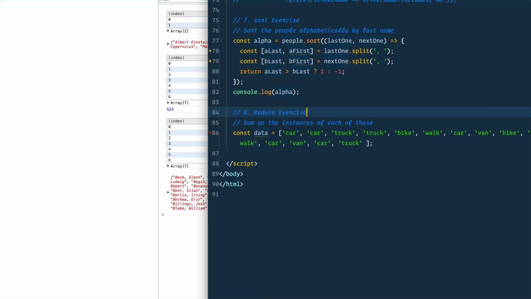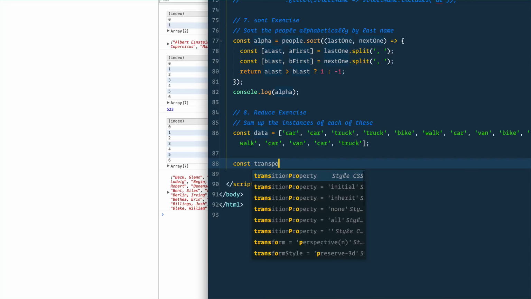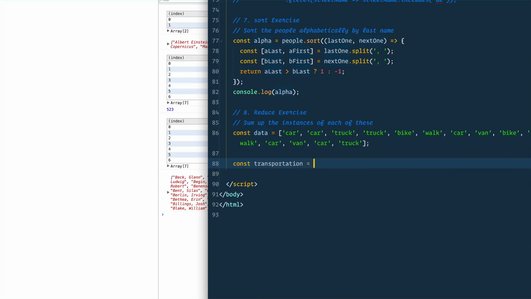Woo, one more. Here we go. This one's going to use reduce, to sum up the instances of these. So we've got car, truck, bike, walk, car. And I want to tally them at the end of the day. Reduce is one of the most flexible methods that we have on an array, and this is just another way that we can use it. So say const transportation equals